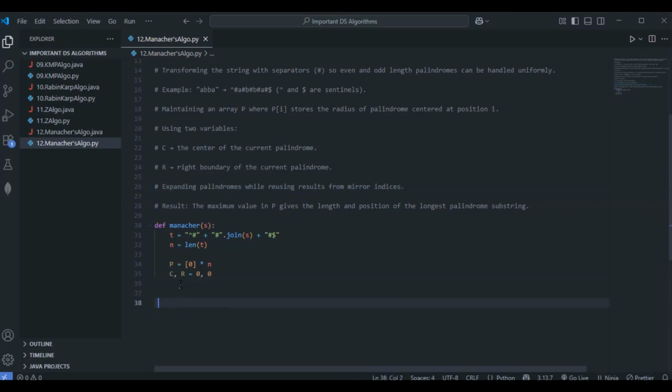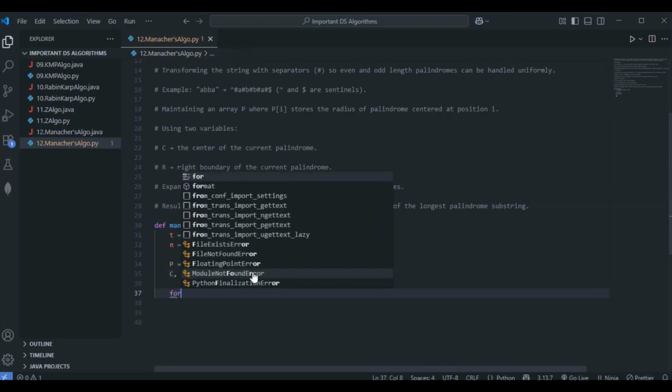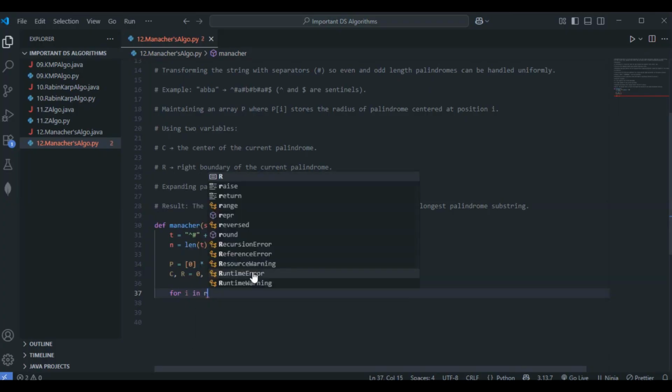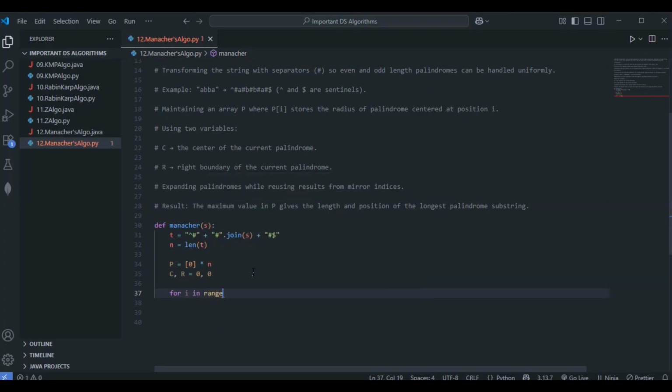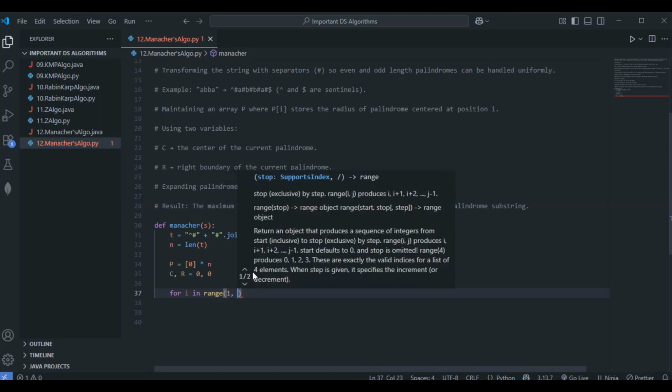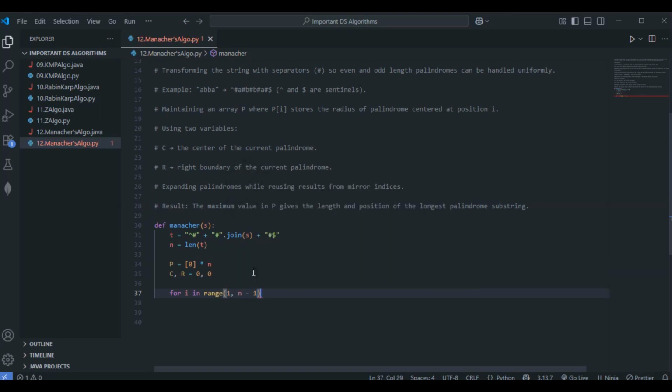So we have to expand around the center. Let's see how we can do the same, right? So let me make use of the for loop here. So this one, for i in range, ranges from 1 to n minus 1. So this is fine. Now within the for loop, what we need to do, let's go with a mirror index